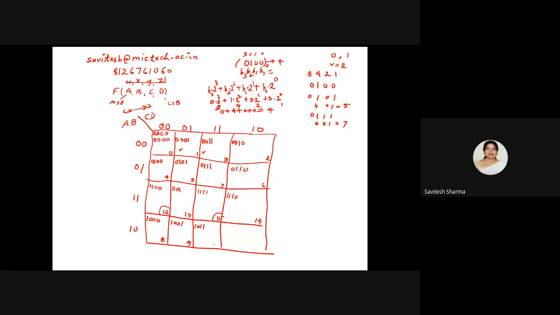Please don't do the calculation again and again. You just draw the K-map straightforwardly and write the cell numbers. Understand how I am writing? Cell numbers are actually the decimal equivalent. I am taking the binary combination and converting that binary combination into a cell number. So it is an easy way. Why am I writing the cell numbers? Actually, it is an easy way to map the 1s or 0s.